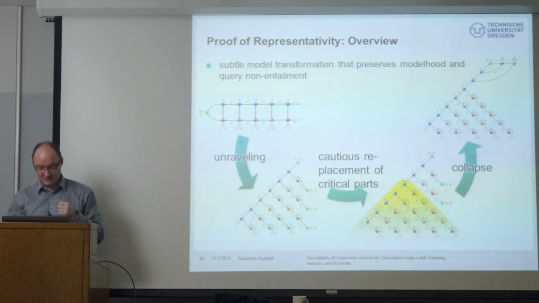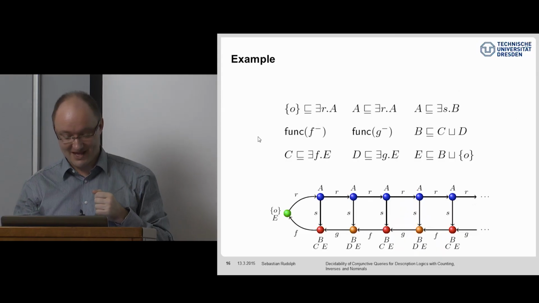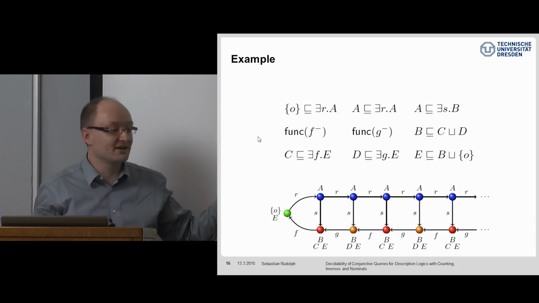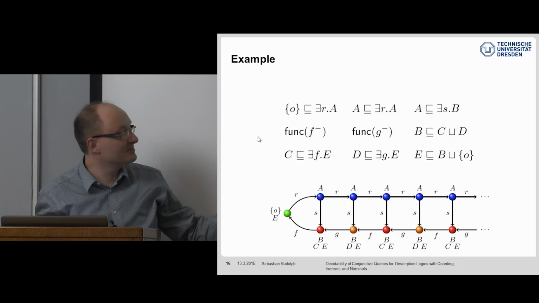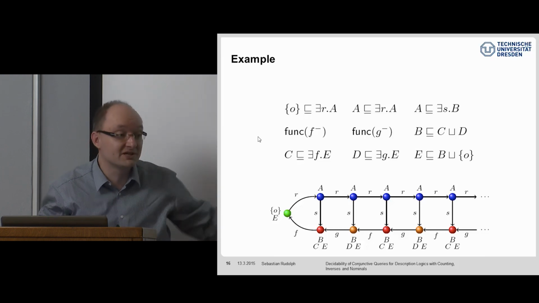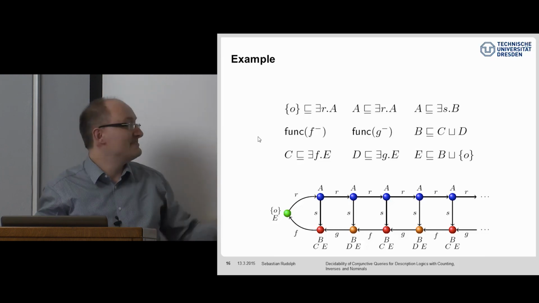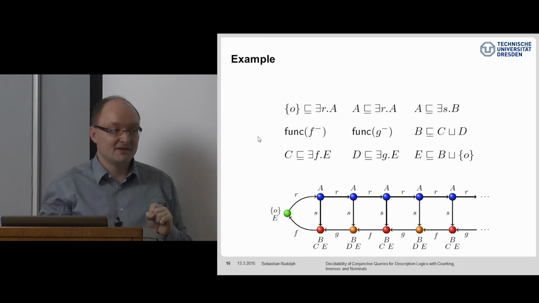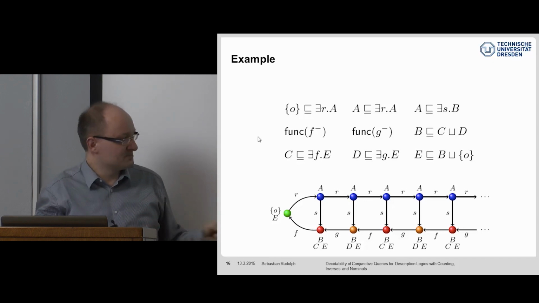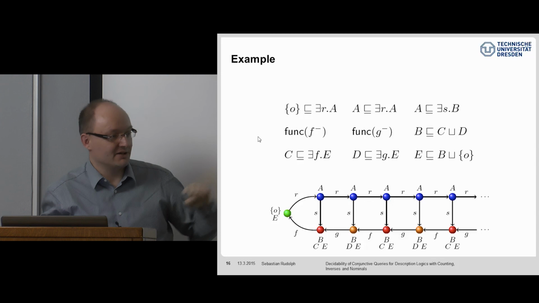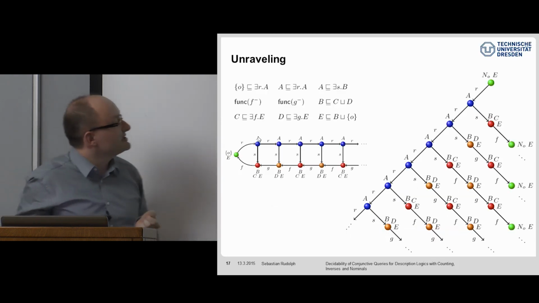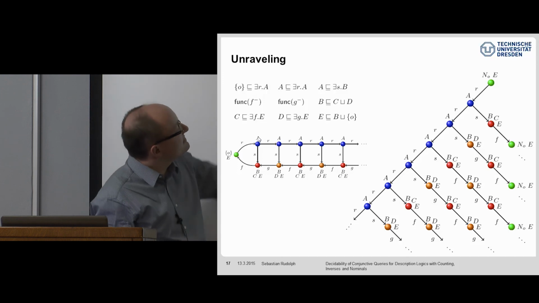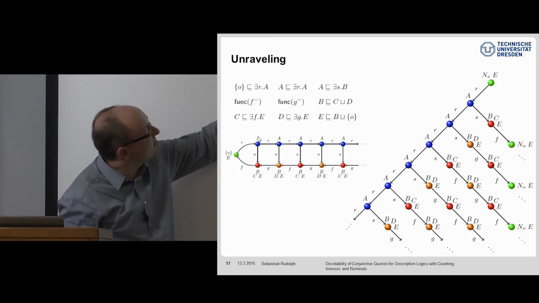So how does it work in detail? We just take our example that we had. I've already explained what all the formulae up there mean and explained that this would actually be a model of all the formulae, but it's not a nice one, right? It's not a forest-like one. It's more a ladder-like one, maybe. So first step, unraveling. What we essentially do is we start from the named individuals, so from those nodes